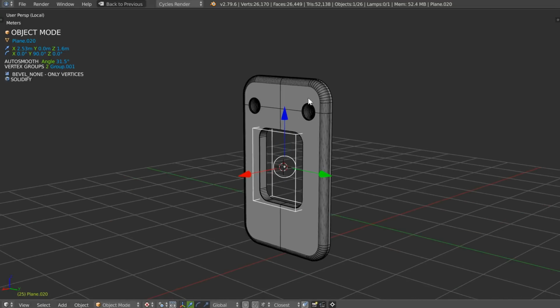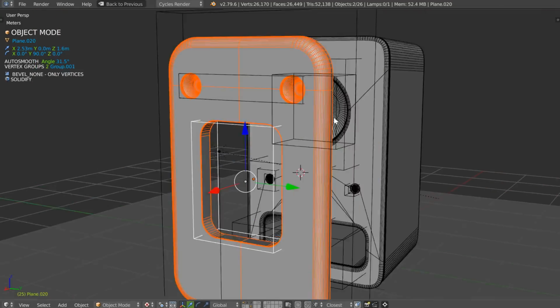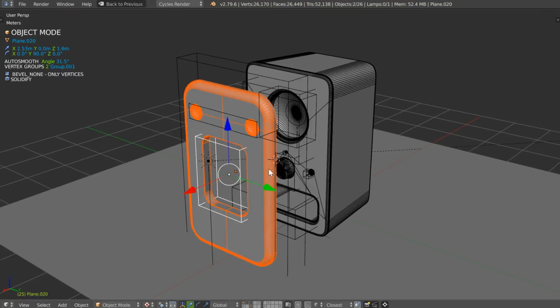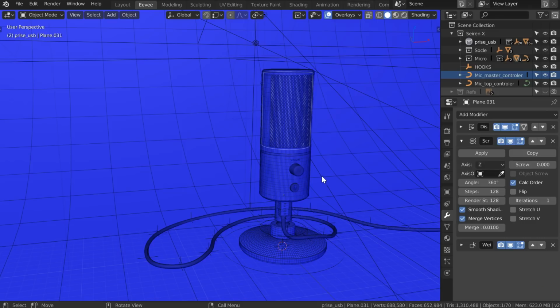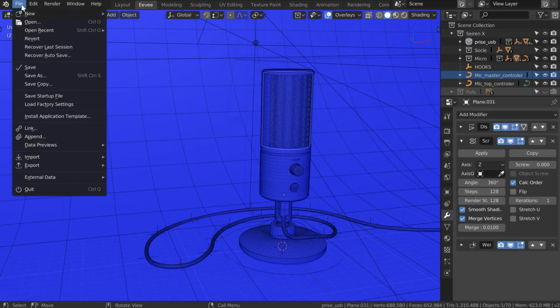Tell me if the video was helping, and don't hesitate to check my Gummo tutorials. It's totally for this kind of assets. I show everything you need to know, every workflow, because there is a different workflow for different objects. For example, this one was different from the previous one,